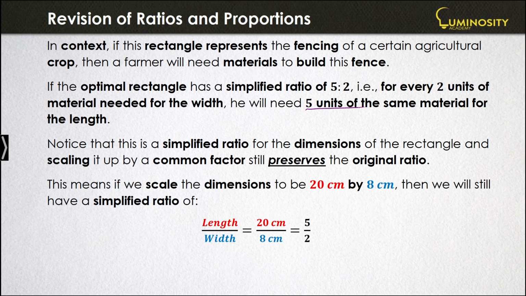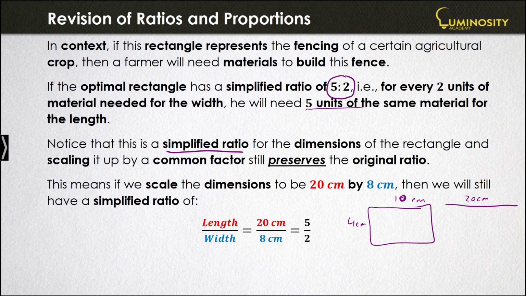Okay, so notice that this is a simplified ratio, that 5:2, for the dimensions. And when we scale it up by a common factor, it still preserves the original ratio, right? So for example, when we had that rectangle of 10 centimeters to 4 centimeters, let's say the farmer actually needs a bigger fencing because there's more crop that's going to be growing, then he'll need, let's say, 20 centimeters of length of that fencing. But because the optimal way of creating the rectangle is in the ratio of 5:2 in his case,